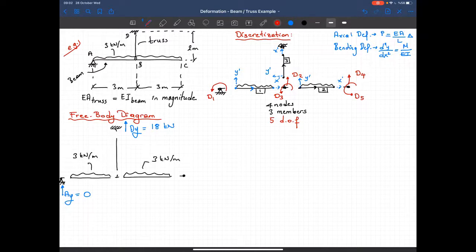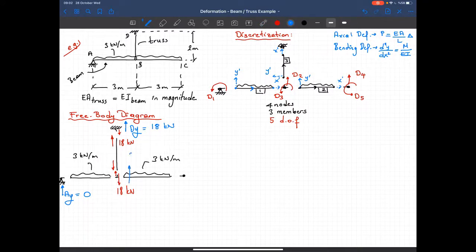So let's transfer this 18 kilonewton to the member. So this truss member is under tension, and the magnitude of the load is 18 kilonewtons. And I got this on this member, 18 kilonewtons. Now I'm writing the equilibrium equation for this member. So